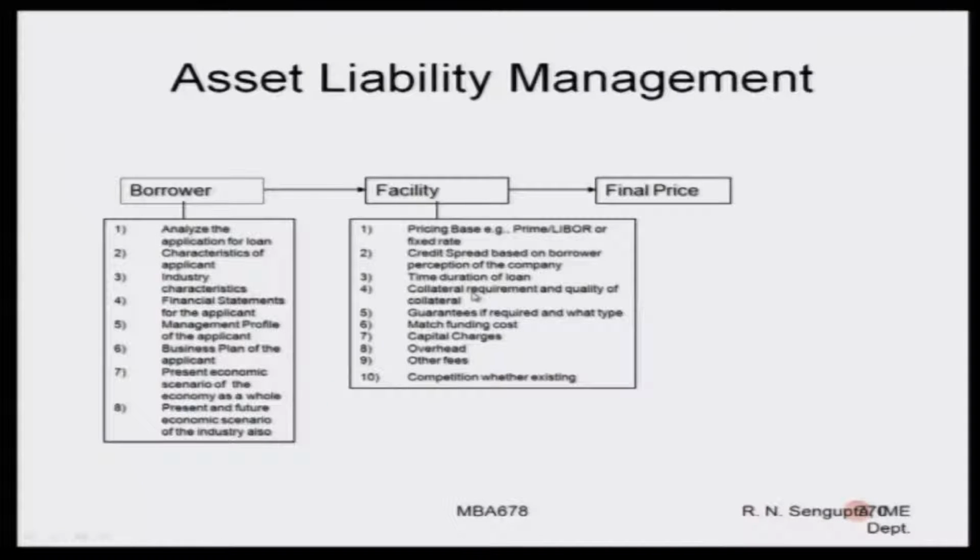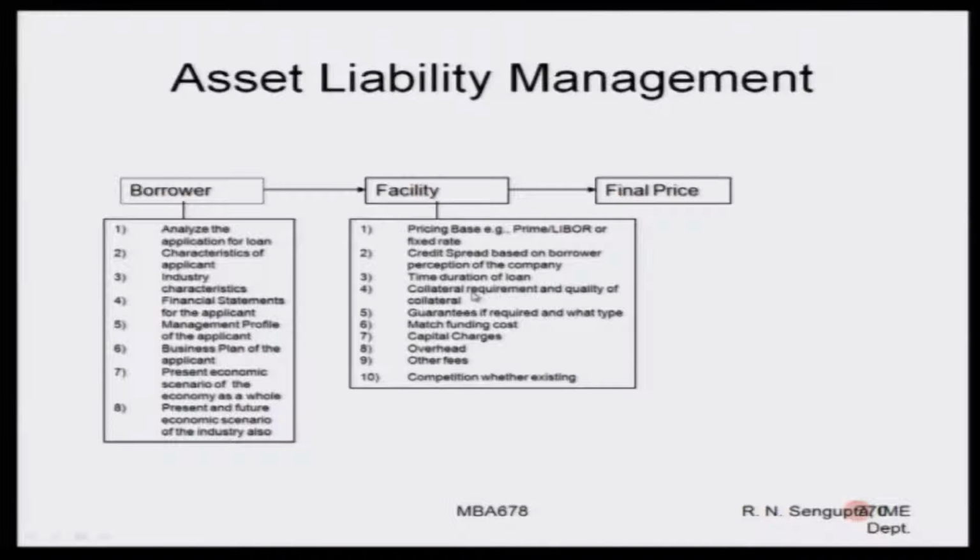So, for the asset liability management, we analyze the borrower, the facility and the final price. Under the borrowers, you have to do different types of qualitative studies which analyze the application for the loan, characteristics of the applicant, what are the industry characteristics, what are the economic characteristics, what is the financial statement, profit and loss, balance sheet of that company, what is the business plan, who are the main persons running the company, what is the present and the future economic scenario, which I have already discussed, how the country is doing, how the market is doing, what is the market share, and all these things